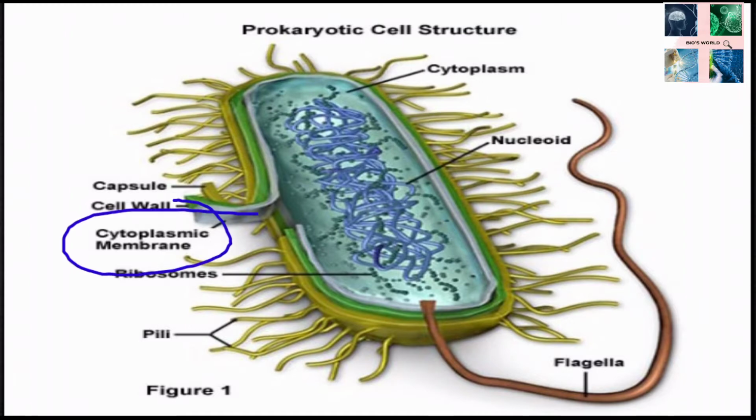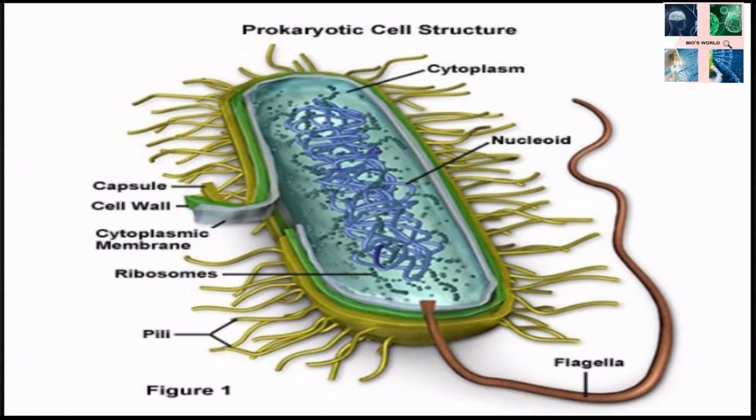Cytoplasmic membrane. It is a thin layer of phospholipids and protein that controls the movement of nutrients in and out of the cell. Then about cell wall. It is a rigid wall that gives the cell a structure and protects the plasma membrane. Now about its capsule. It is a third layer that helps to prevent the bacteria from drying out and being engulfed by a large macromolecule, and is present in some types of bacteria.